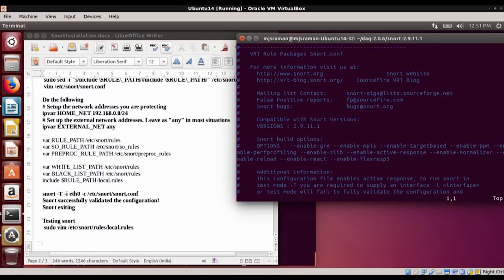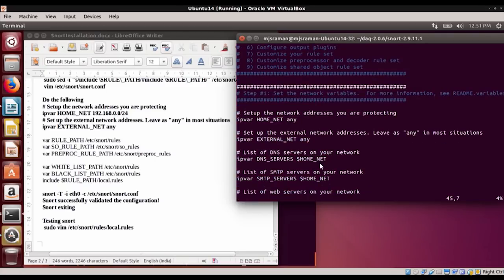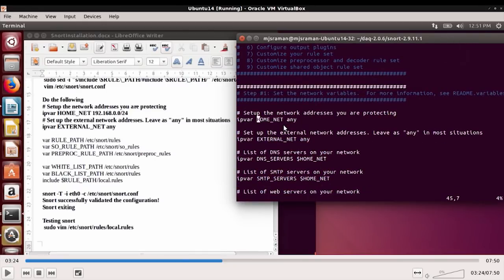Okay. So, what we will do is we will come out of this, and search for, for example, here. One of the configuration changes we have to make in snort.conf is this. Currently you see that the IPvar variable HOME_NET says any. So, set up the network address you are protecting. For me, on my local machine, I have this network address